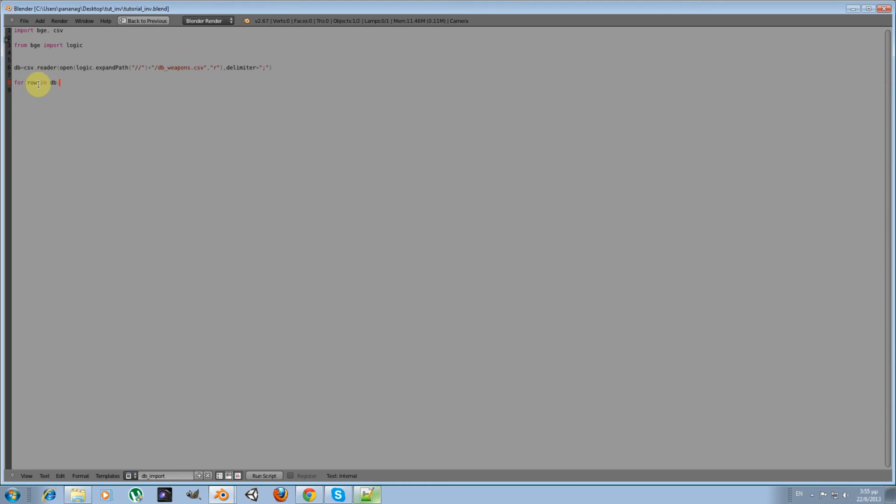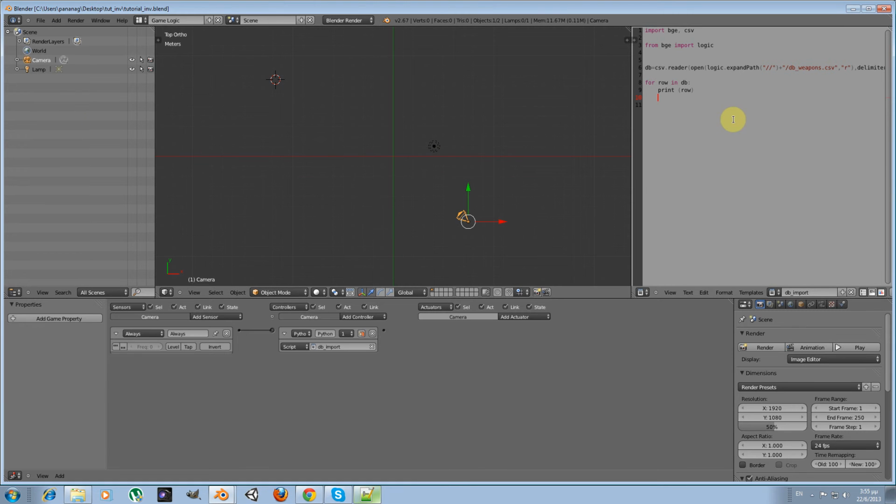So in each cycle of my loop, it's going to store each line of the database in this variable, the row variable. So if I print my row variable for each turn, we will see the result